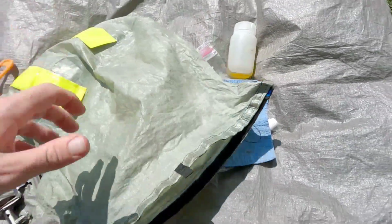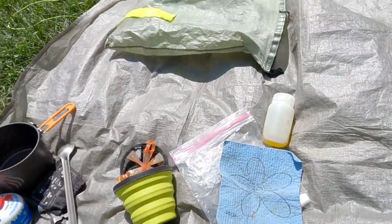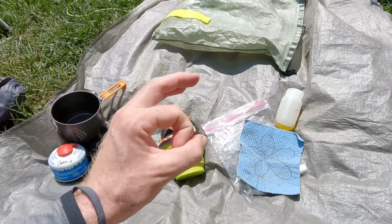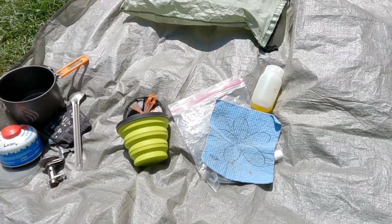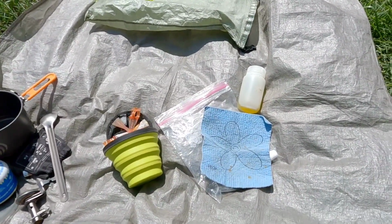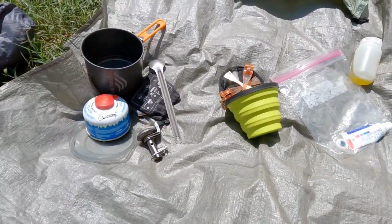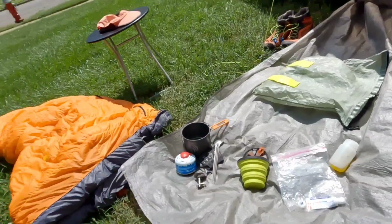I don't think I saw it in here, I may have already removed it, but usually in my bear bag I would also have a few of the Pepto-Bismol chewable tablets. Luckily I never needed them on trail, which I'm very thankful for, but they were definitely something you would want to have just in case of emergency. It sounds funny, but there is nothing funny about extreme dehydration on the trail when you're 2 or 3 days from town, so you definitely want to carry some Imodium or something like that